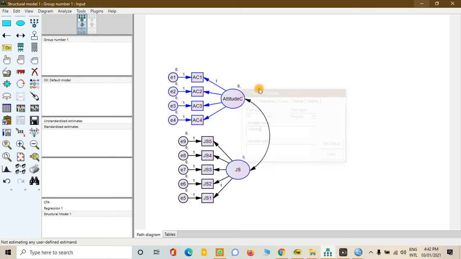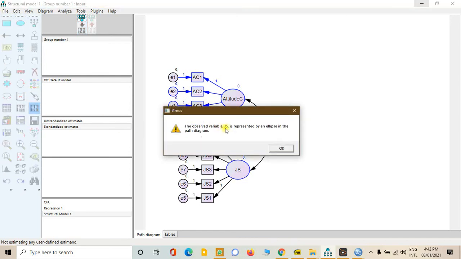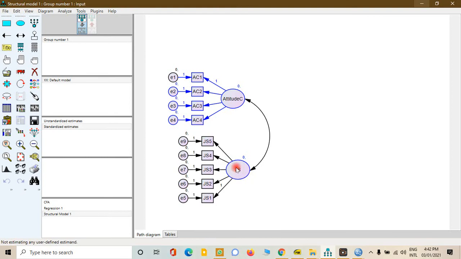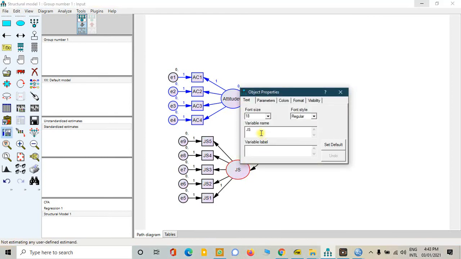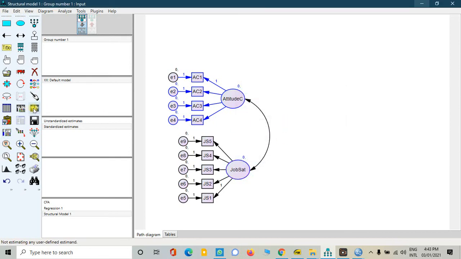So now this error is resolved. Now I am just running the analysis and I will get another error, which is job satisfaction is represented by ellipse. So I will change the name of this and I will give it the name of JobS, or job satisfaction. So now this error has also been removed. Now if I run the analysis, I will get the output here, and you will get the chi-square values here in this portion